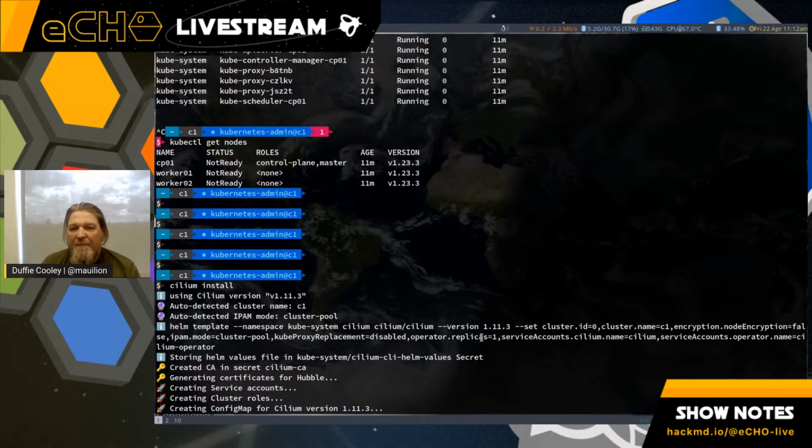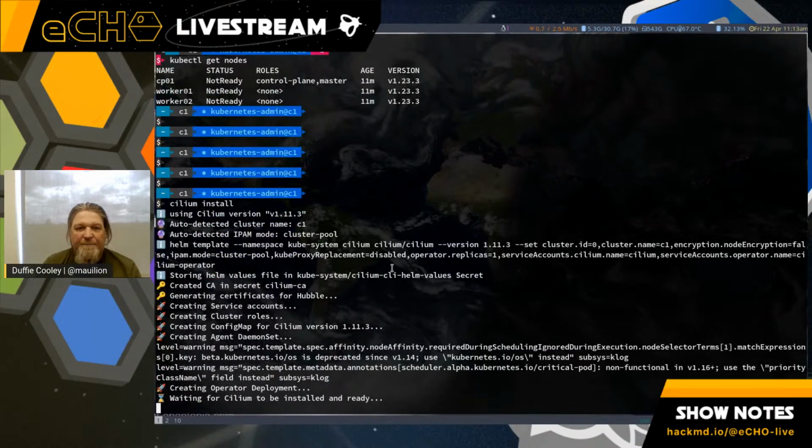There's going to be one operator replica. The service account will be called Cilium. All of these pieces are basically the values that I'm passing into the environment. And then we store those Helm values inside of the kube-system namespace in a config map.